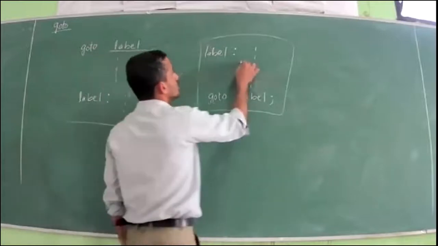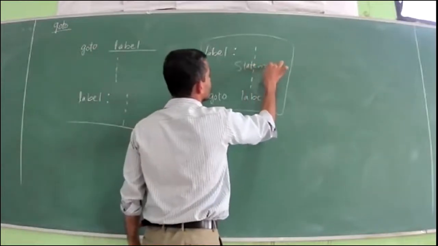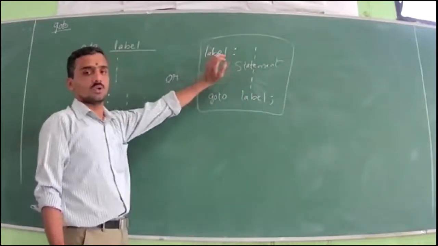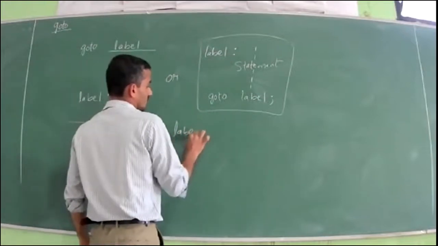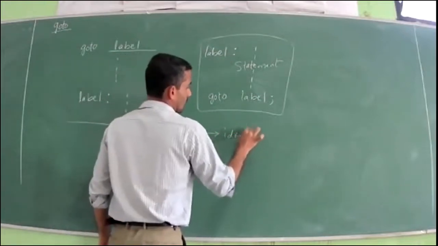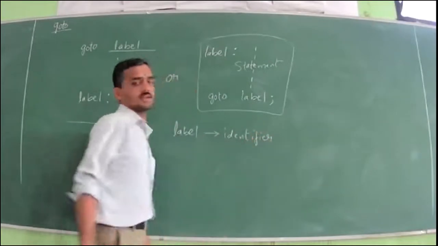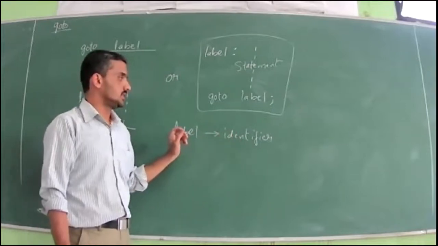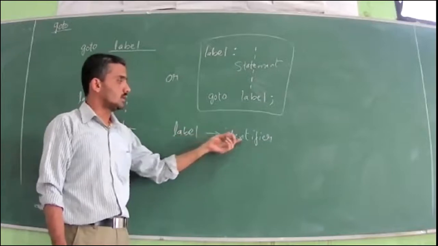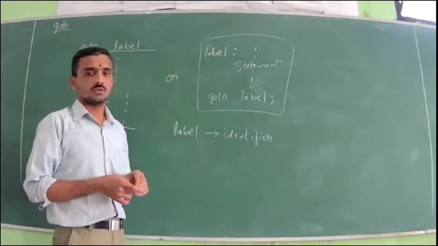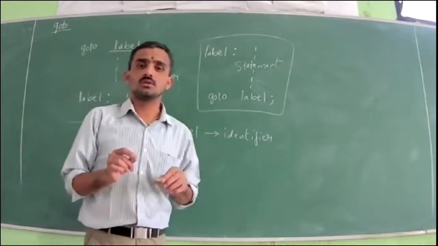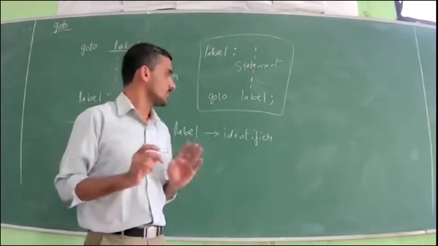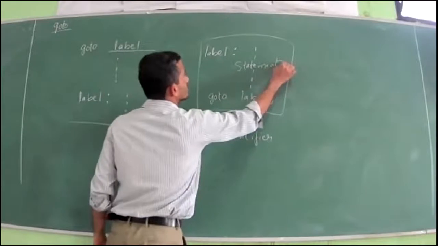These are nothing but program statements. So we can write the program statements, then you can say goto label. After the label, you have to write the colon. Here the word label is the general word, nothing but an identifier. Whenever I use the word identifier, you have to remember the rules of the identifiers. To write the label, you have to remember the rules: first character should not be a digit, blank spaces not allowed, keywords not allowed, special characters except underscore not allowed. These rules you have to remember compulsorily. So label is an identifier, and we can write some statements here.